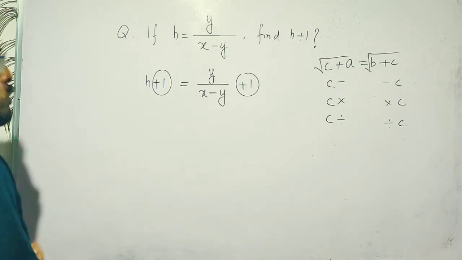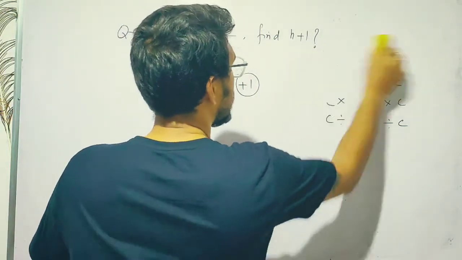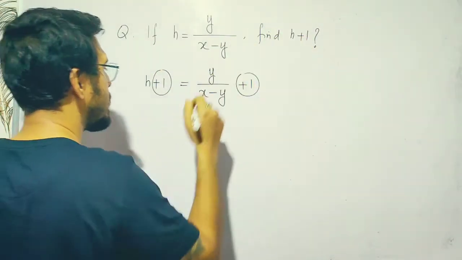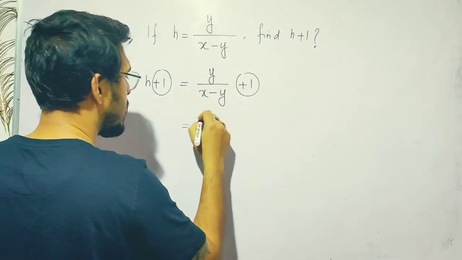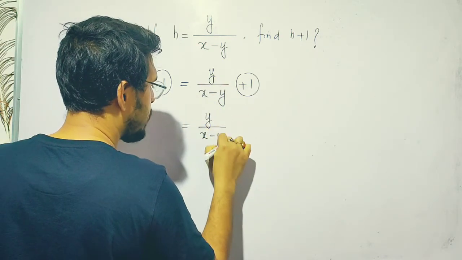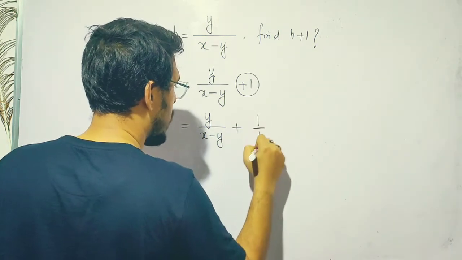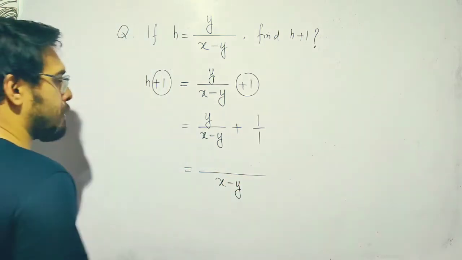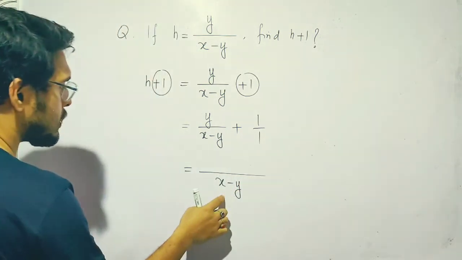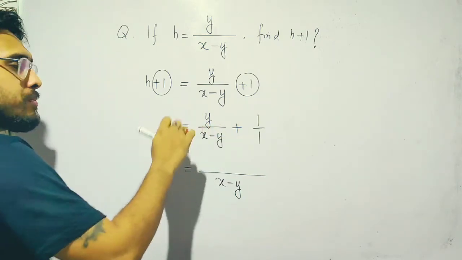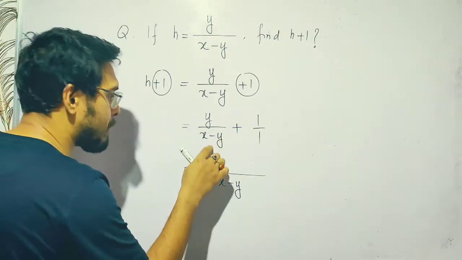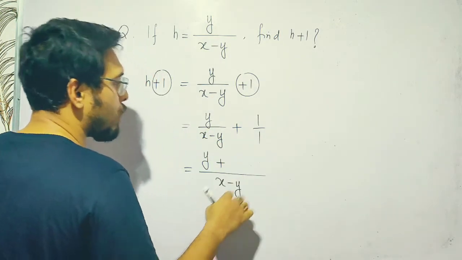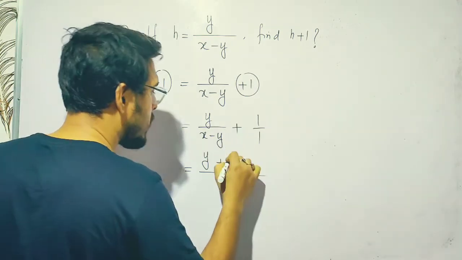Right? So, having said that, now how are we going to approach it? So h plus 1, we already have what we need. And on this side, what are we going to do now? See, y over x minus y plus 1 can be written as 1 over 1. So what will be the LCM? X minus y will be the LCM. Now what is the rule? This divided by this, the result multiplied with the numerator. So x minus y by x minus y will be 1, multiplied by y will be y, plus x minus y by 1 should be x minus y, multiplied by 1 should be x minus y.